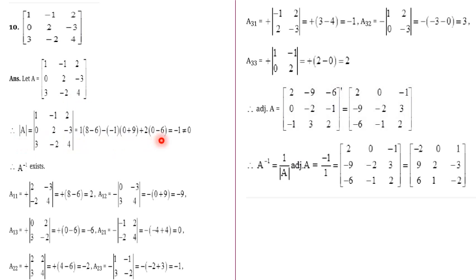Find determinant A, it is not equal to 0, so A inverse exists. Find all the cofactors, then find adjoint of A, that is the transpose of cofactors, then write it in the transpose form. So A inverse is 1 upon mod A, adjoint of A is minus 1 upon 1, and these are the matrices. So this is the inverse of the matrix. Then next,